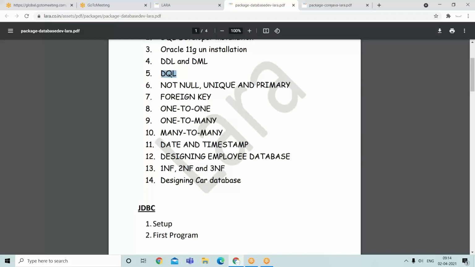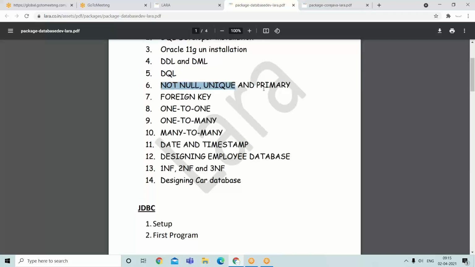Then how we can remove the duplicates in a given table. Likewise, a lot more are there. All interview related questions, the real-time usage.